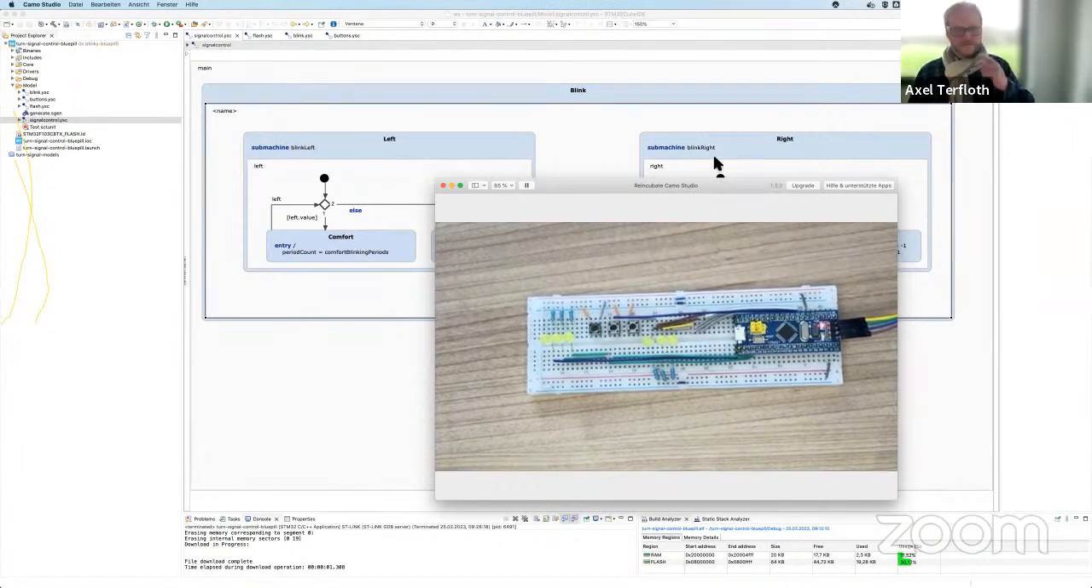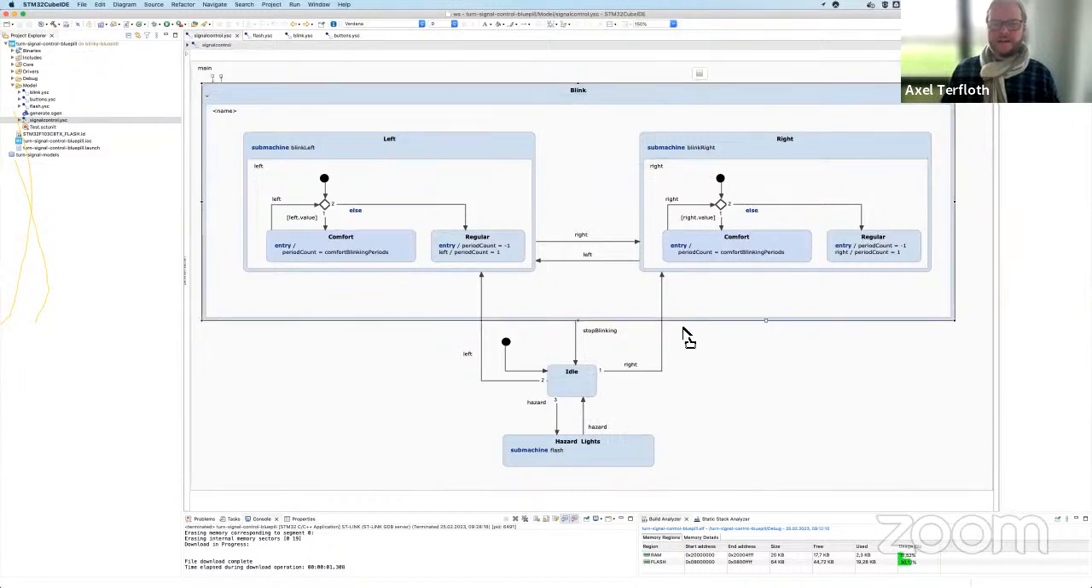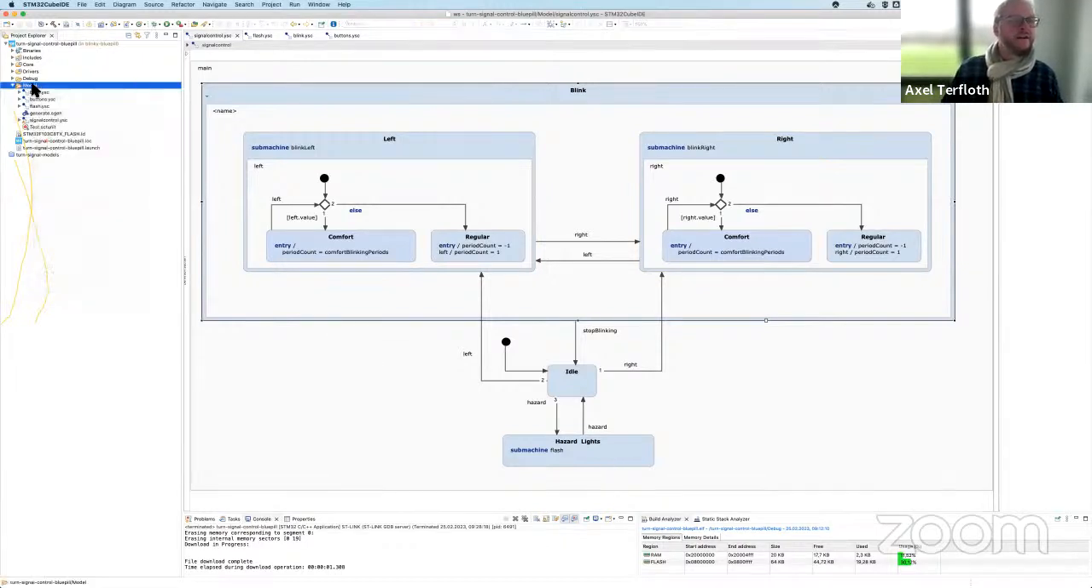That means we have to add functionality to the model. It is not happening because, when we take a look here, we have no transition from blink to hazard lights. There is just a transition out of the blink state, which is stop blinking, and it goes to idle, but we have no direct transition to the hazard state. So what I want to do here is define a new